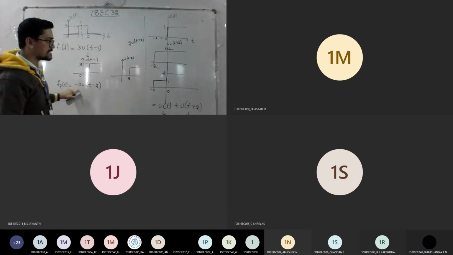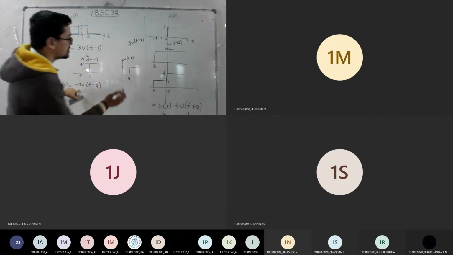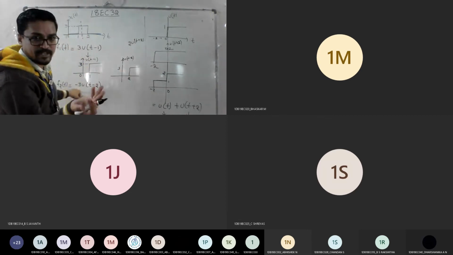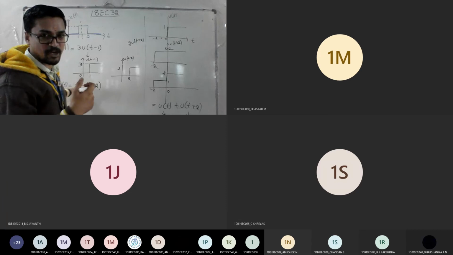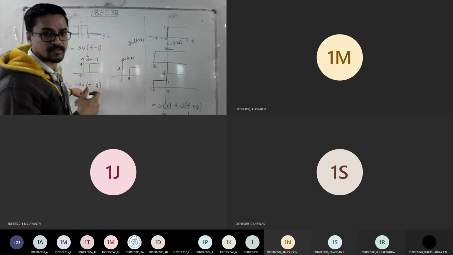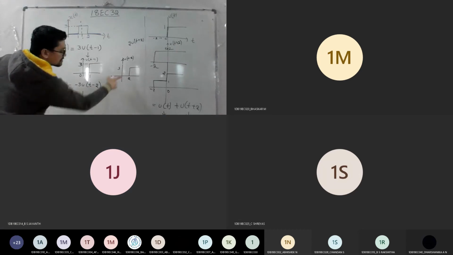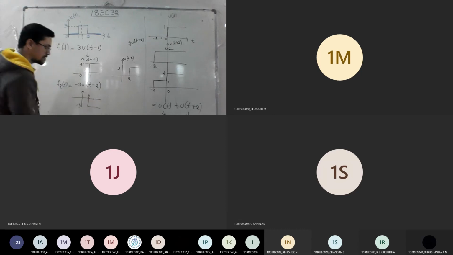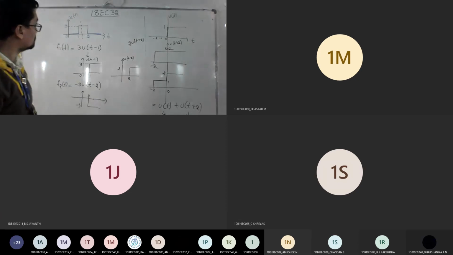If I say minus 3, it means what? Folding. This is for plus 3. If I say minus 3, it's folding. That's why I told you at the beginning, do you remember? Minus x of t. Is the logic working now? Everyone? Yes, sir. So how does it look now? If I take minus for this folding, this is 2, this is minus 3. Is this the representation? Yes or no?